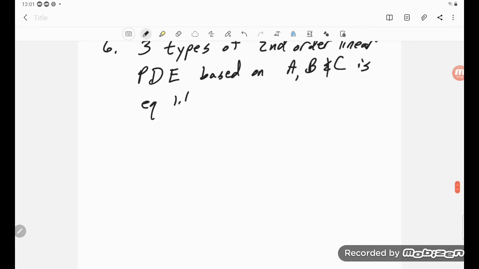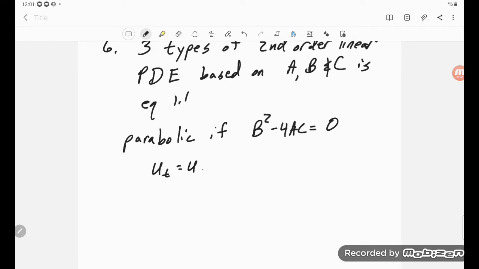So in that case, we call it parabolic if b squared minus 4ac is equal to 0. Now, if you look at the heat equation, u_t equals u_xx, then